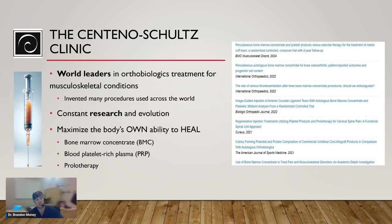Some of the things we use: bone marrow concentrate, I would say that's the strongest treatment option that we offer for the more moderate to severe cases. Platelet-rich plasma is good for more mild to moderate symptoms and cases. And then prolotherapy for a little bit of ligament laxity, tendinopathy, some joint irritation, some mild degenerative changes. And they're not isolated from one another. Oftentimes in a treatment regimen, we'll use a combination of all three of those things, depending on what's going on and depending on the